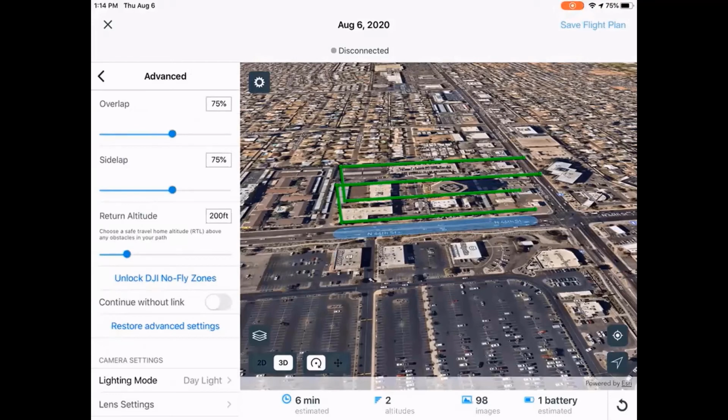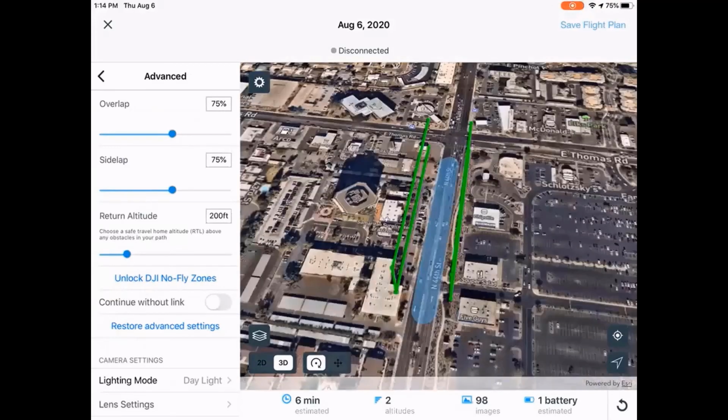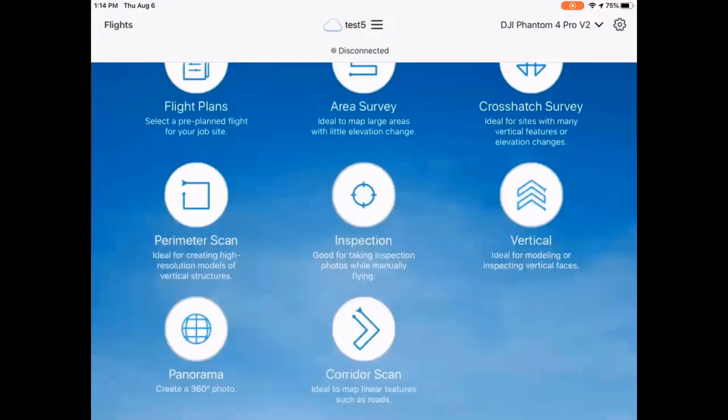So those are basically 3 different flight plans, 3 different use cases. You could use this flight planning app within your DJI products